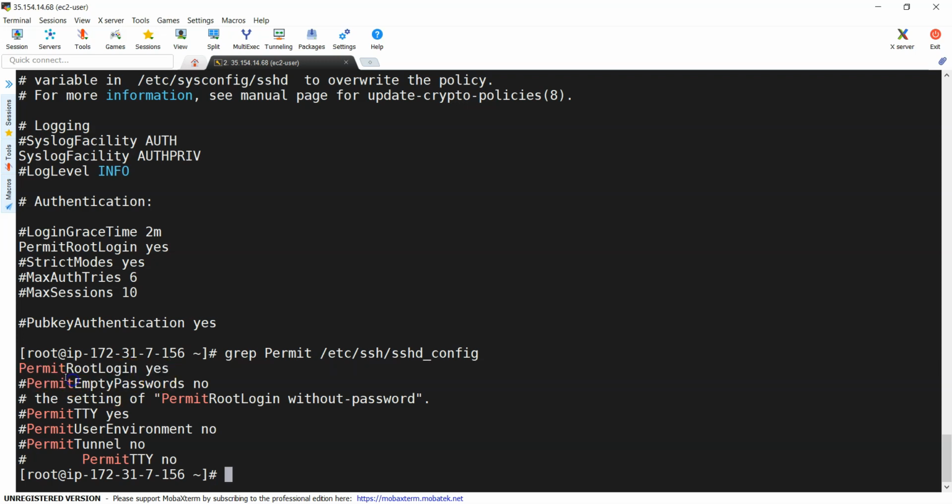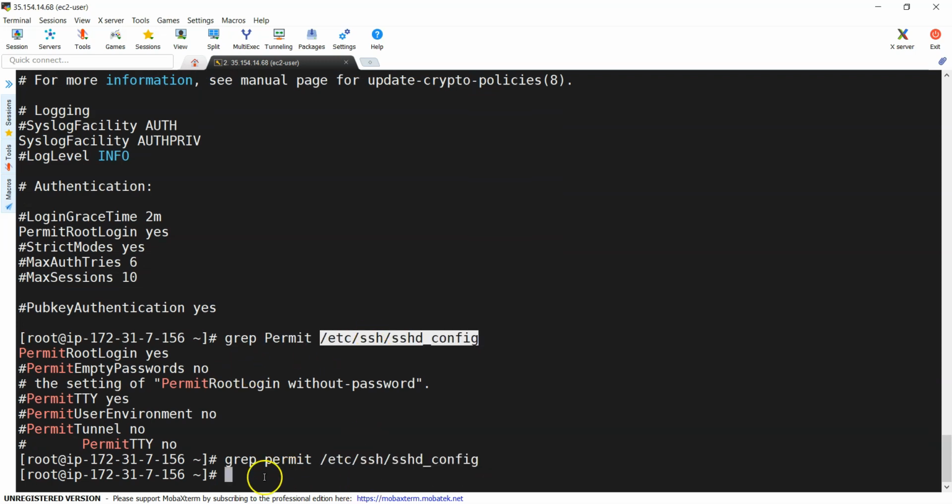But the problem with this one is that wherever it finds the same pattern, it is going to display it. Here Permit is here, so it is displaying here, and here Permit is here as well, it is displaying here. Permit here, like this it is going to display. But if you observe, I have given a capital P over here because it is case sensitive. You must give it as it is. Now if I give permit in lowercase and search for this one, you can see here no output, which means that with lowercase permit there is no such keyword in this particular file.